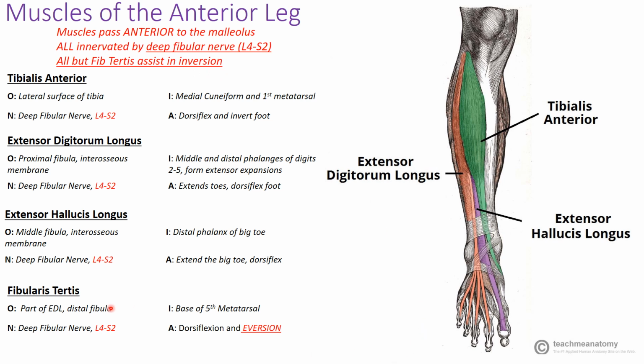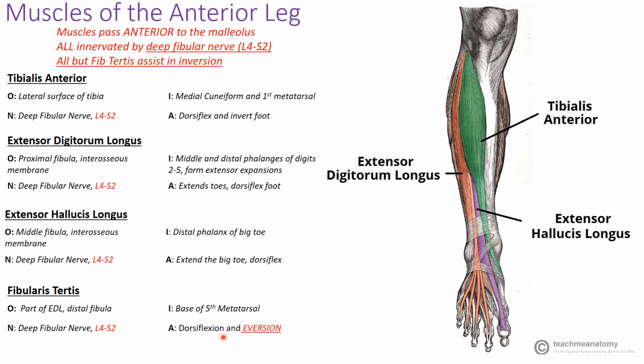Next, we have our special muscle, the fibularis tertius. Fibularis tertius is sometimes hard to identify, but it's actually a small part of the extensor digitorum longus, arising from the extensor digitorum longus, kind of in this region, and then it's going to come down across the foot, maybe this tendon here, and it's going to insert into the base of the fifth metatarsal. So the tertius is going to be special for a couple of reasons: arising from the extensor digitorum longus and the distal fibula, coming around, inserting into the fifth metatarsal, and innervated by the deep fibular nerve,